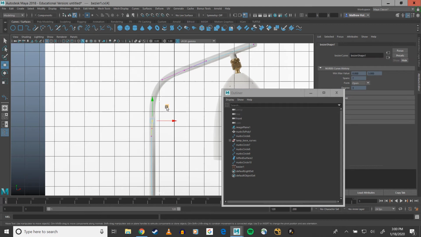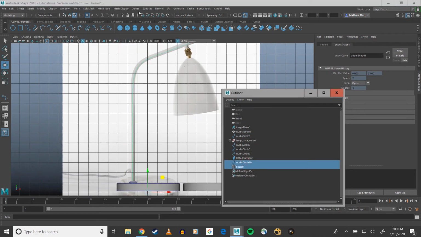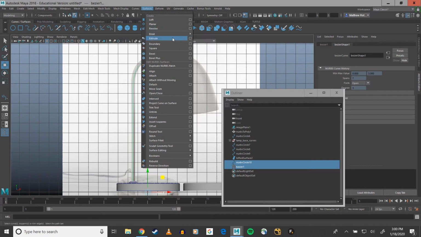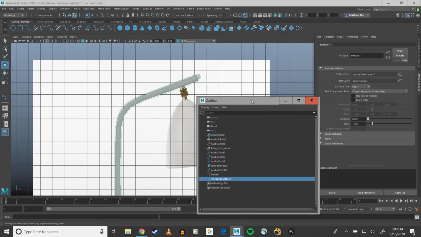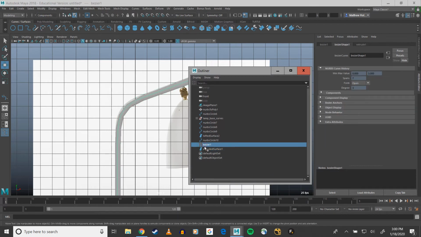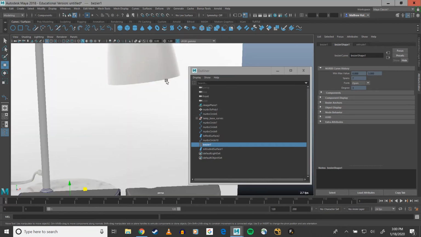I can change my control vertices, but in any case, select this, and now when I go to curves, or rather surfaces, and I hit extrude, it'll extrude my curve that I put in, or extrude my surface based off of my original circle that I had to model with,